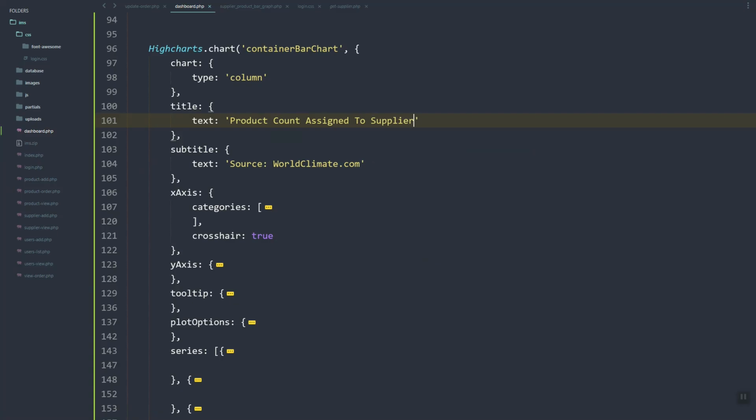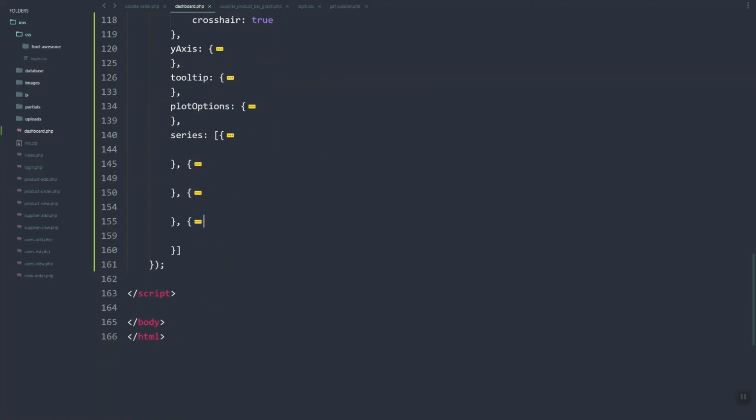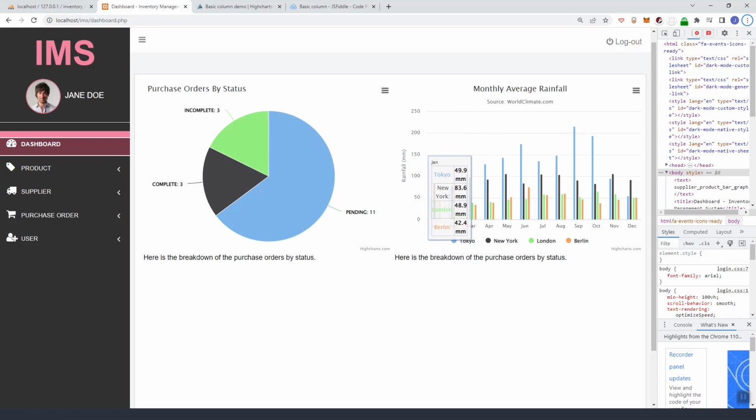Then the subtitle, I think this one, we'll just remove this. As you can see here, we have different data for each of these products. I mean, each month they have this monthly average rainfall. So what we're gonna do is we'll just use one